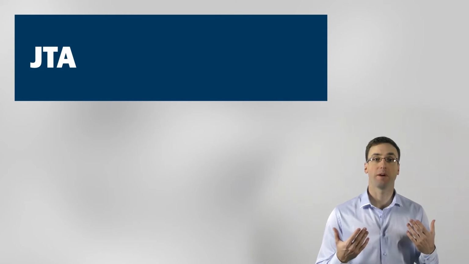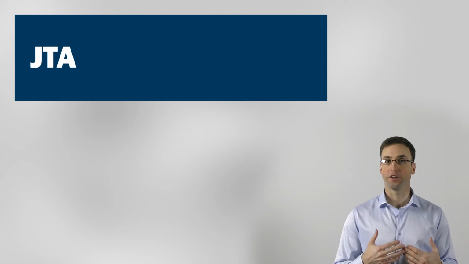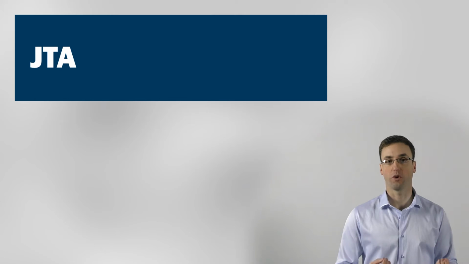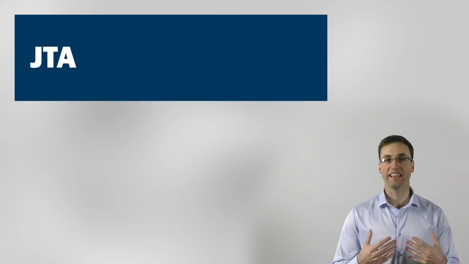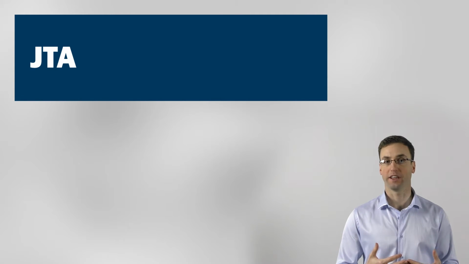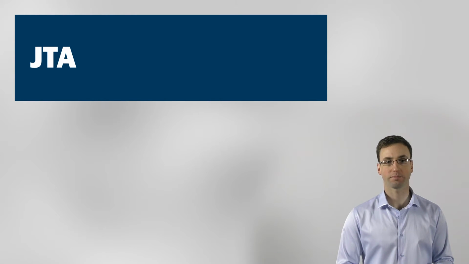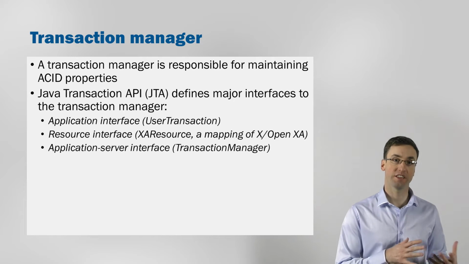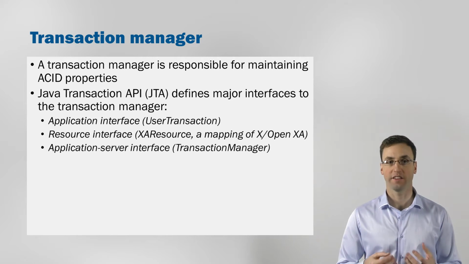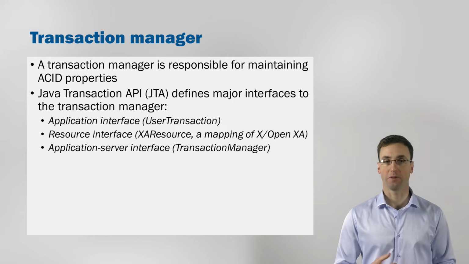An example of where this might be helpful is when you write code that uses object relational mapping with JTA. The entity manager in JTA always needs to work with a transaction. So one of the easiest ways to guarantee that there is a transaction is to write your JPA code in an enterprise Java bean. Behind the scenes, EJBs, enterprise Java beans, are using JTA, the Java Transaction API, to manage